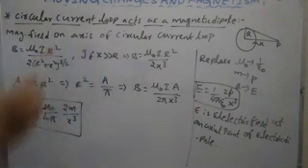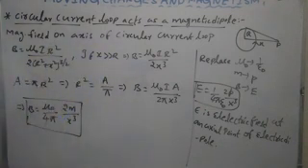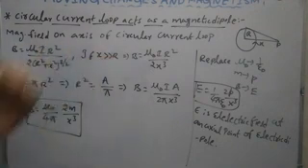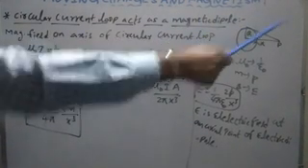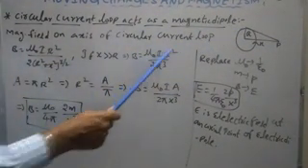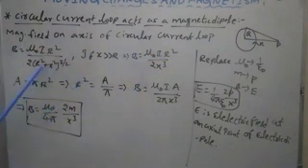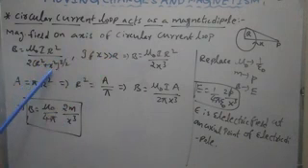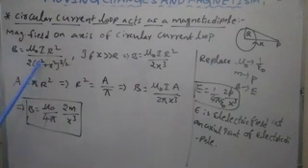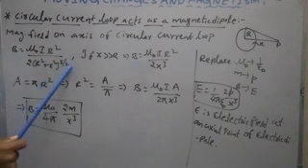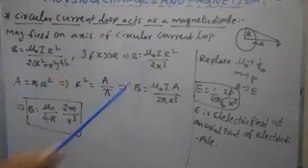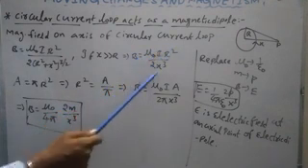If x is very much greater than r, meaning we are calculating the magnetic field very far away, then r can be neglected. Suppose r is 0.1 and x is 10; then r square is 0.001, which is neglected. So we get 2 into x square whole power 3 by 2, which is 2x cube. B is equal to mu naught I r square by 2x cube.